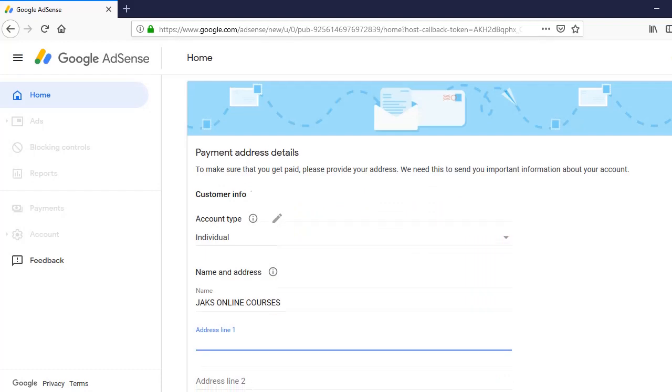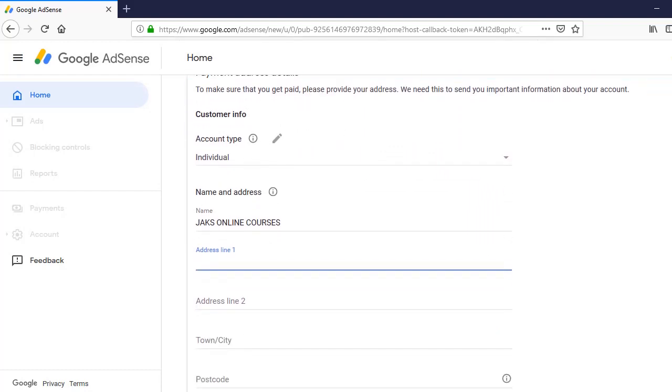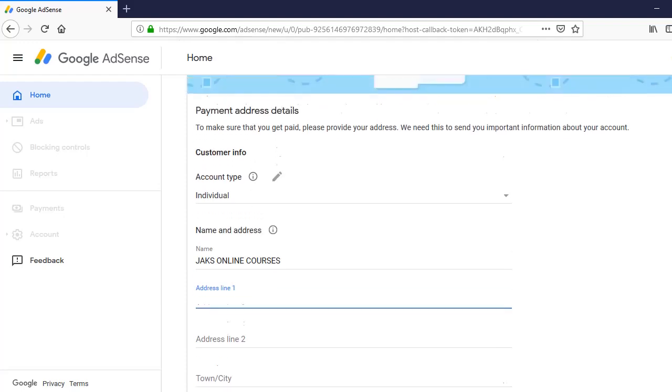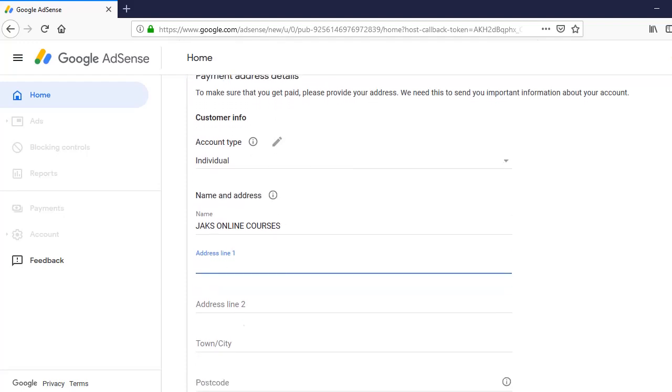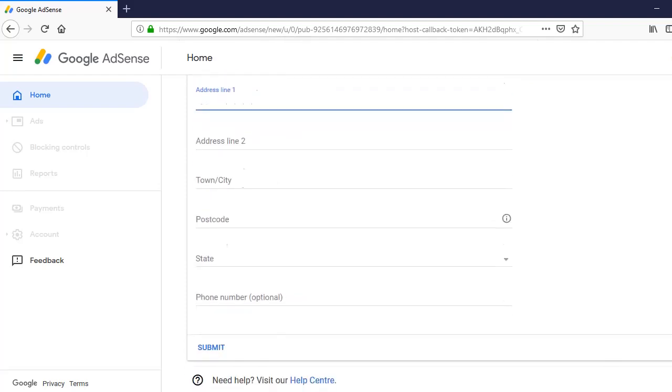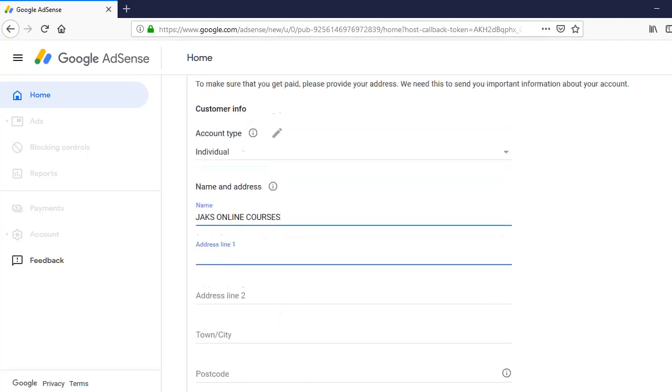Account type. You have to write customer information and all those things. Individual, name and address. Here you have to write your total name. Since you are an individual, you write your complete name.